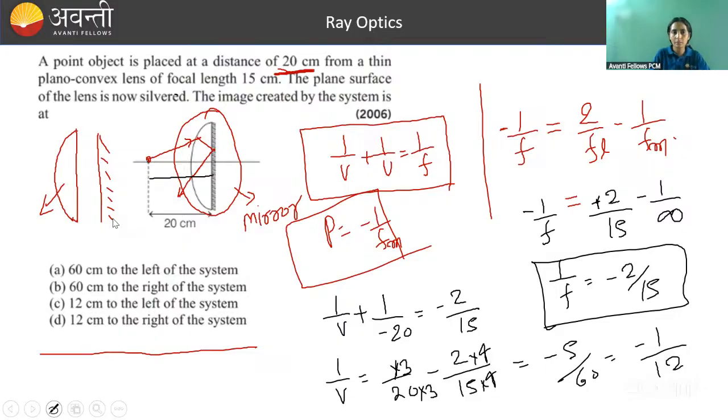If है ना, हमेशा ऐसे ही बनेगा. तो 12 सेंटीमीटर to the left of the system, this side only image will get form. ठीक है. तो यहाँ से दो ऑप्शन तो डायरेक्टली कट हो जाता, वो था ये और वो था तुम्हारा ये, क्योंकि B और D में इमेज कहाँ बन रहा है, right side of the system, which is only possible if system is acting as what,